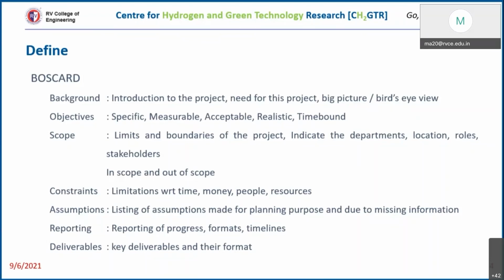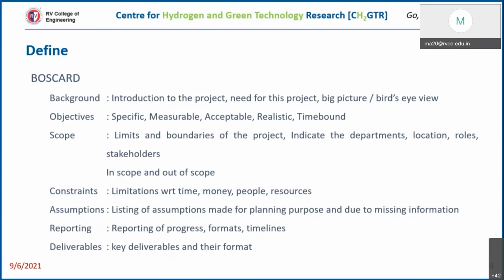And you know what can be the size of this postcard? It cannot be a document of 30 pages, right? It is just one A4 size paper, right? You should accommodate all of these in just one paper. If you hand over this postcard to someone who is not working on that project, he should be able to get a clear picture of all the minimum details, right?